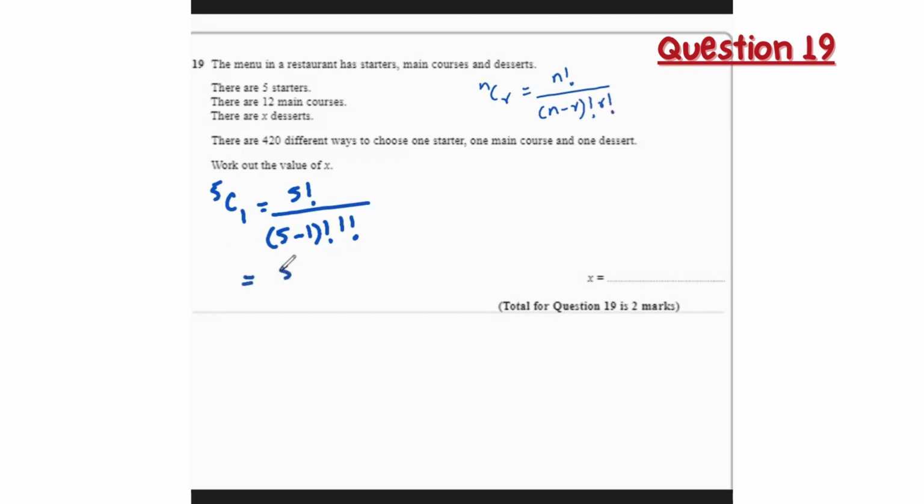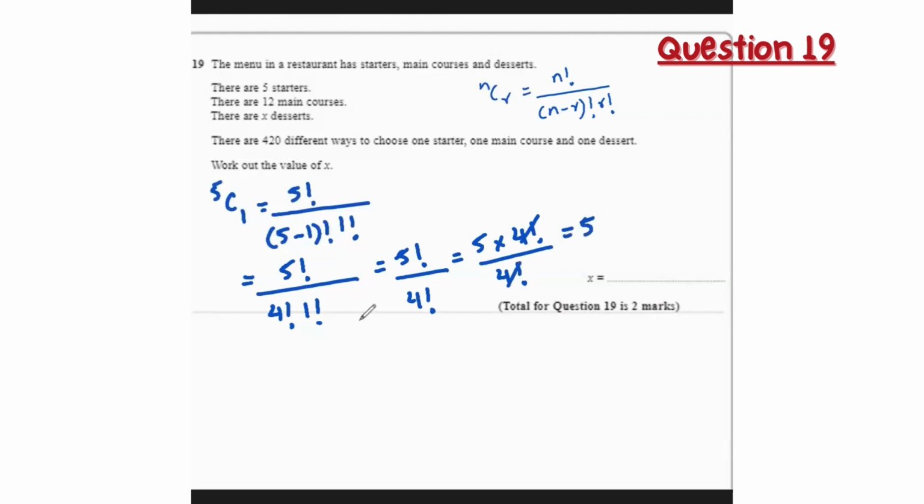So that's going to be 5 factorial over 4 factorial times 1 factorial. 1 factorial equals 1, and 5 factorial divided by 4 factorial is basically going to be 5 times 4 factorial. And as you can see, there's a 4 factorial in the numerator and denominator, so we cancel it out,